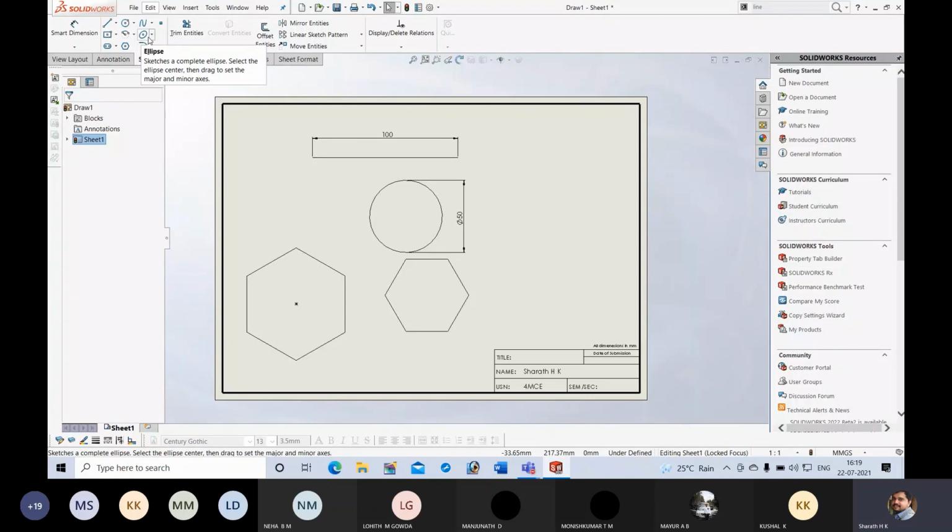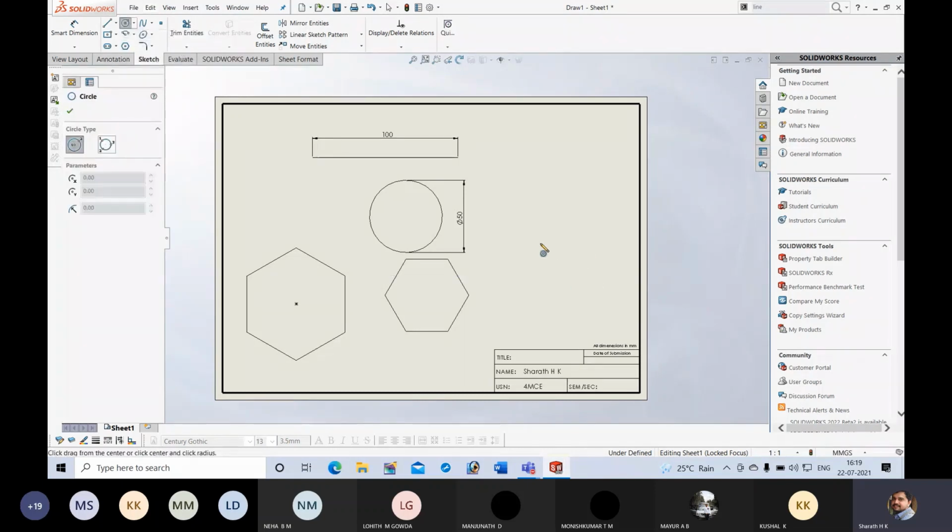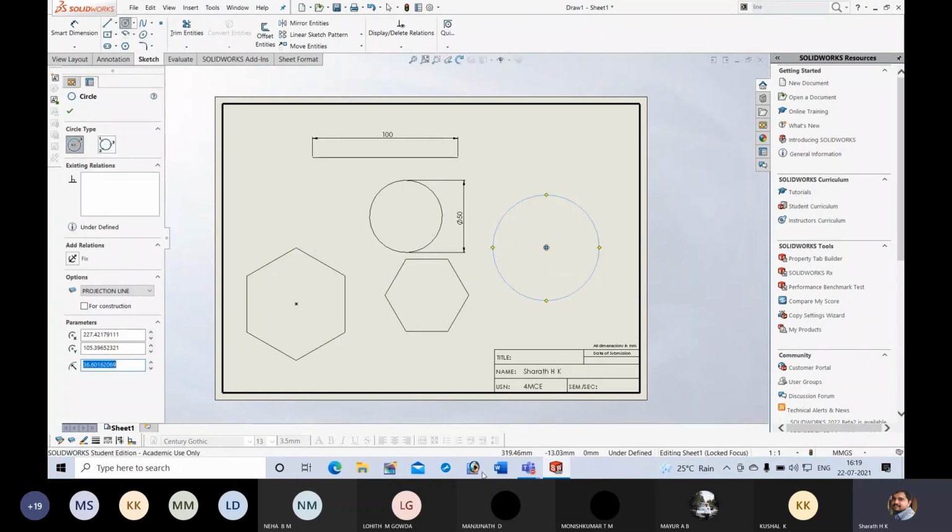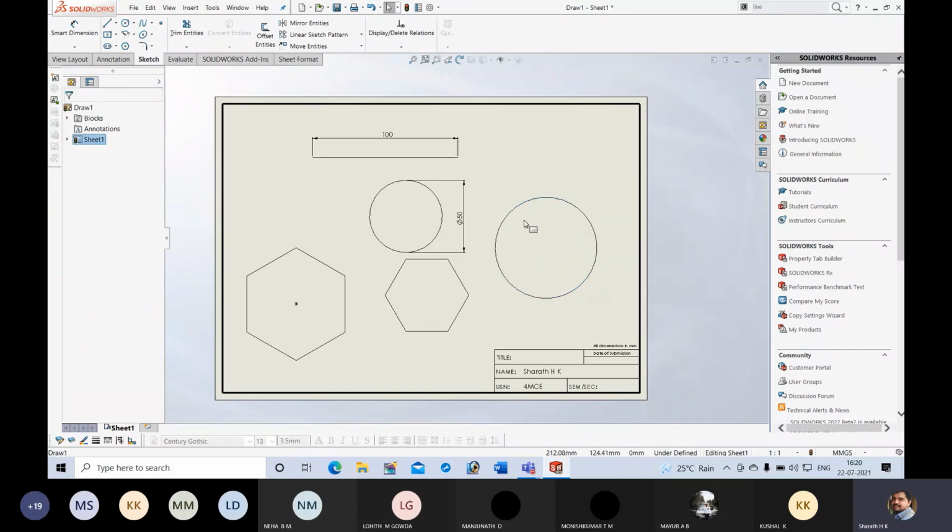Manual method, you know. So here in software, there is an easy option available. Suppose I draw a circle. It may have a 35 mm radius, 70 mm diameter. Now, if I want to divide the circle into a number of equal parts,